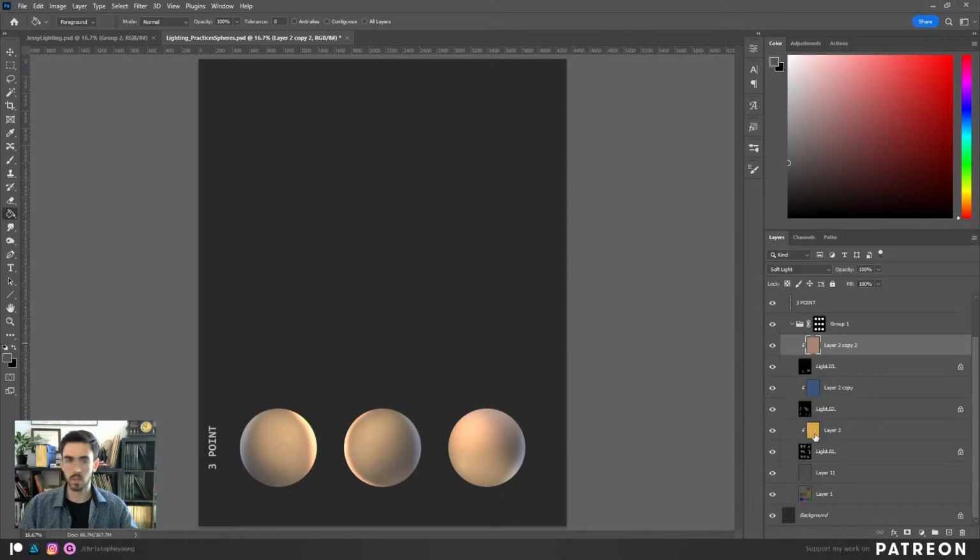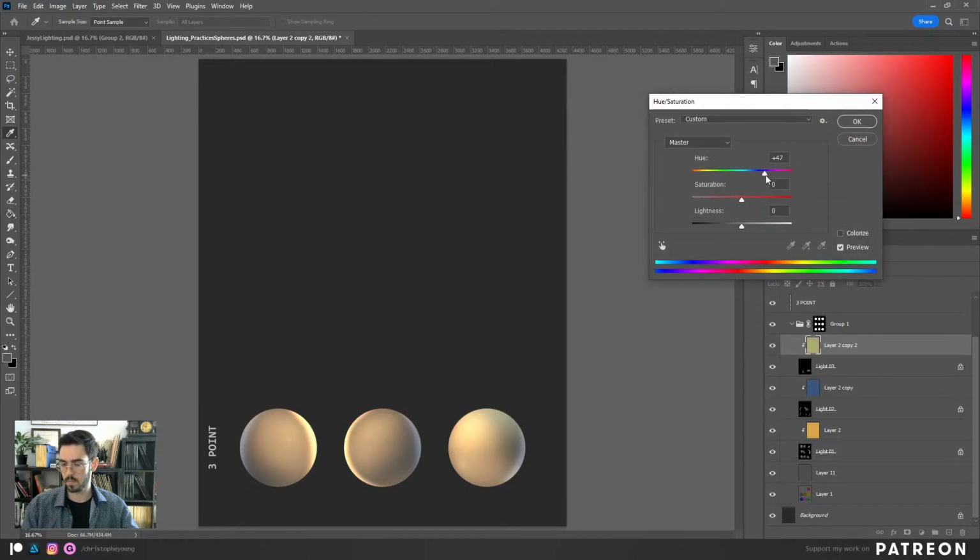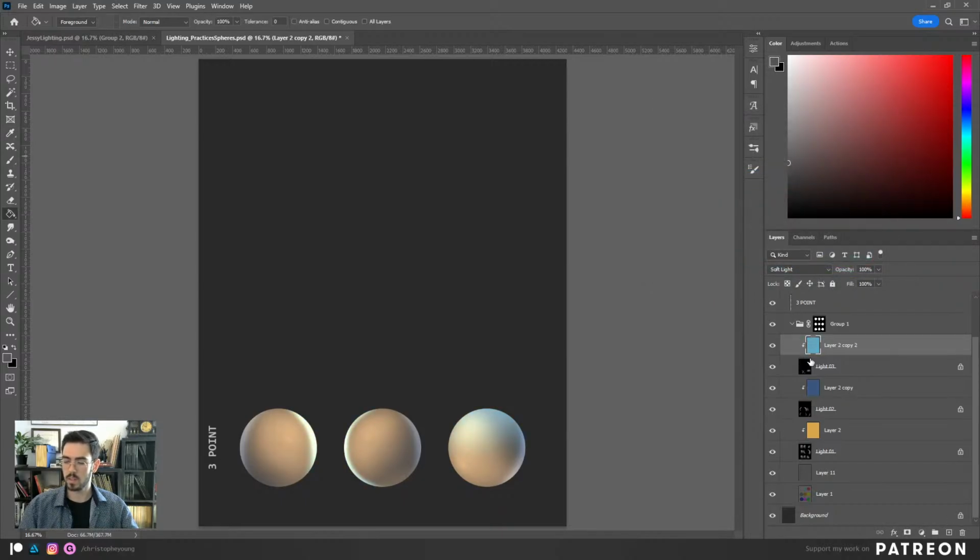Like these two colors are paired together, and then you have the blue, or if you move it over toward blue, then these two colors are pairing together and you have the orange as your key light. So that's for a complementary color scheme. If you wanted to do this sort of